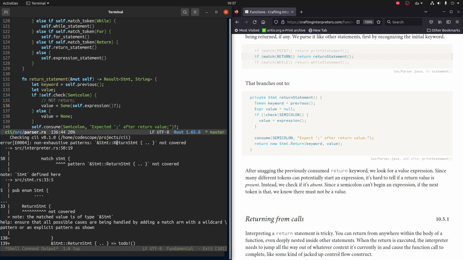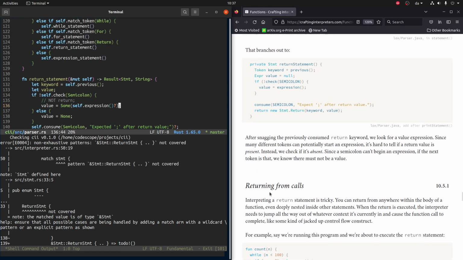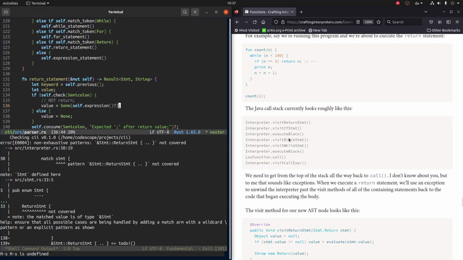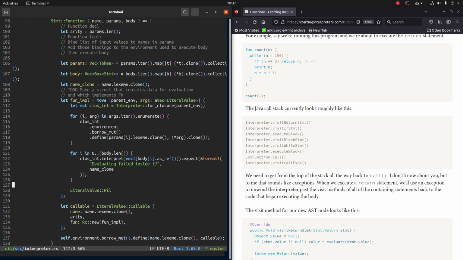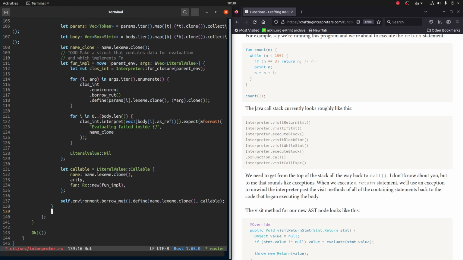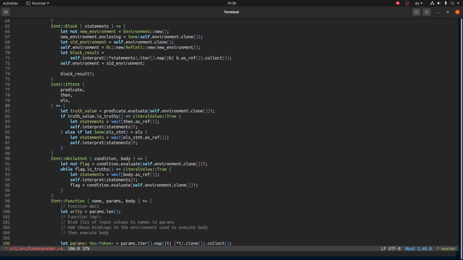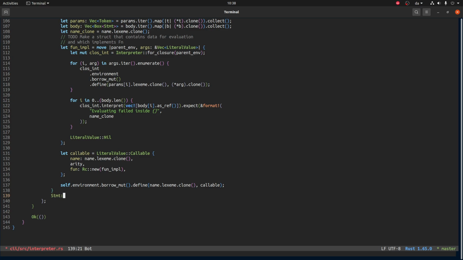Great, now we just get these problems here. So here he's talking about how to implement this. He's going to do it using exceptions, but let's just try to do it our own way. So if we get a return statement with a keyword and a value,